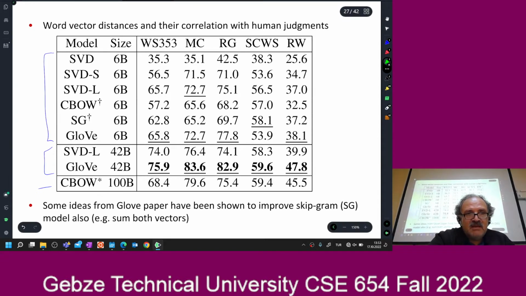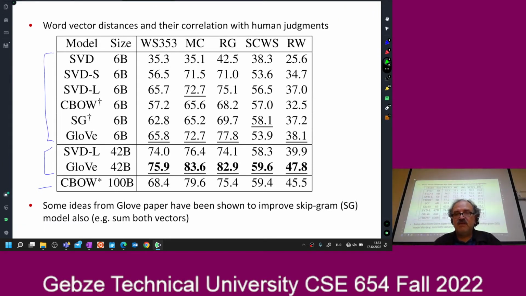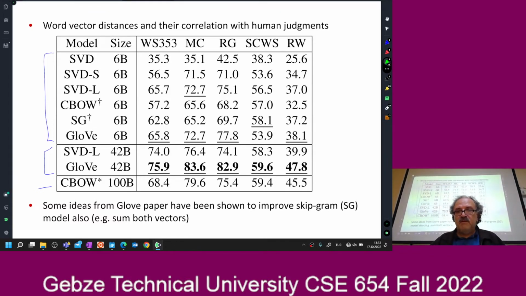See this one, continuous bag of words, yeah, it is 68, 79, do you see the difference? The more the data, the better the numbers. It is always like this for these kinds of methods, and that's very, very good news in terms of the final results. We don't know why it works that well. Well, statistics, right? More statistics, better results. But later we are going to see some cases why this should work. We don't understand. That's why that guy says unreasonable efficiency of